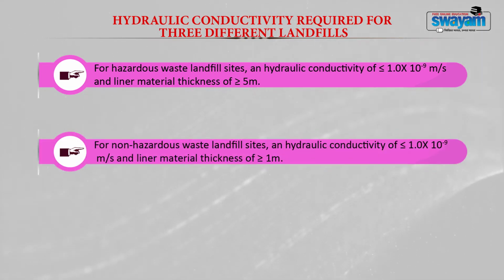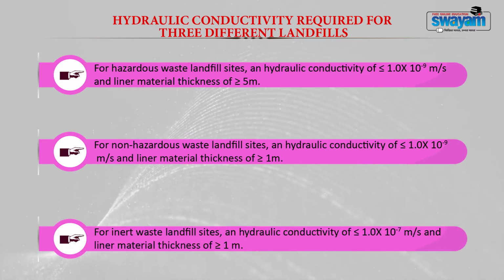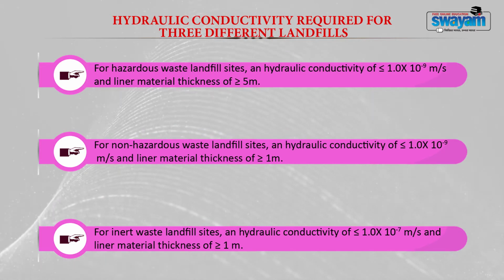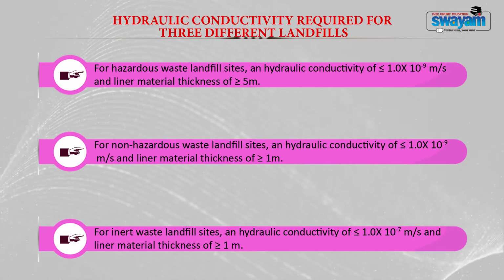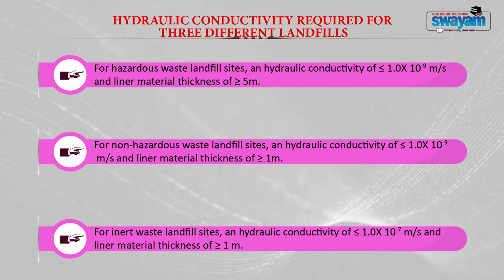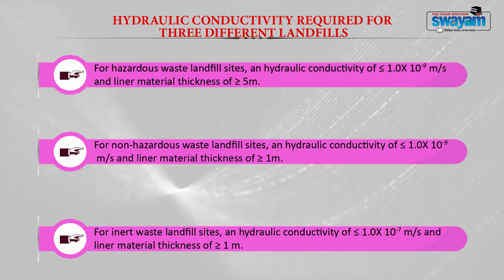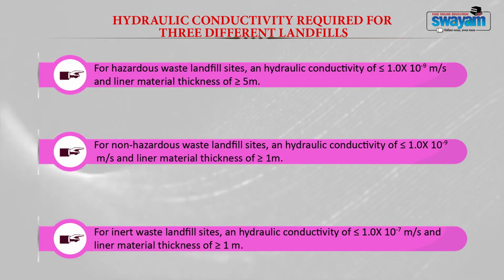For non-hazardous waste landfills, the hydraulic conductivity should be 1 into 10 to the power of minus 9 meter per second, and the thickness of liner material should be 1 meter. For inert waste, the hydraulic conductivity should be around 1 into 10 to the power of minus 7 meter per second, and the landfill liner material thickness should be 1 meter. Now, from this you can see the hazardous landfill liner materials are more thick when compared to the other